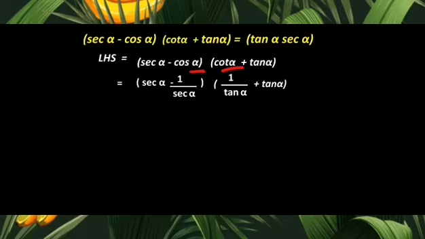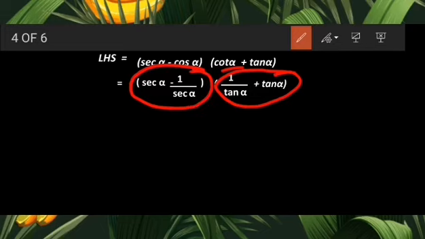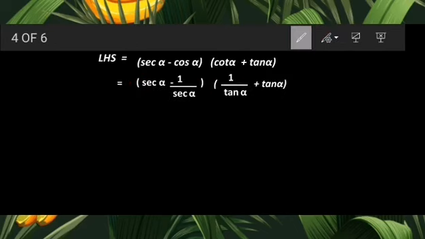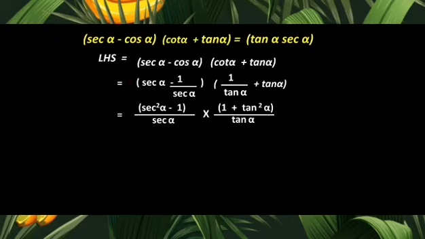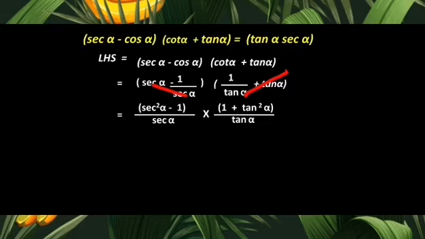Over here again the basic mathematical step is LCM method, fraction plus number and number minus fraction. In both steps we have to make the denominator equal, and for that we will use LCM method the way I taught you in the previous video. As a result, sec alpha will be multiplied with the sec alpha, and tan alpha will be multiplied by tan alpha, and the ending result of it is written on the screen, right?